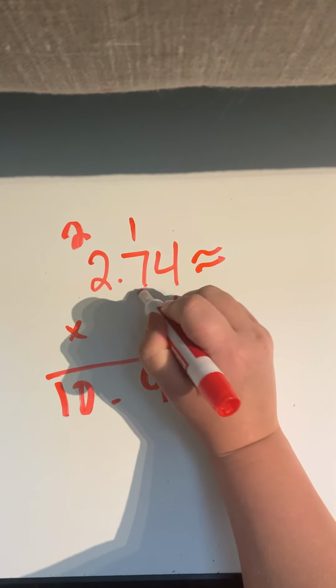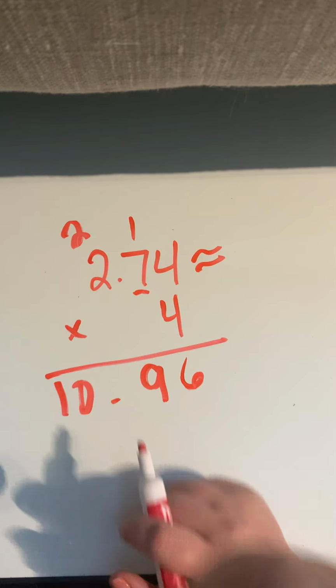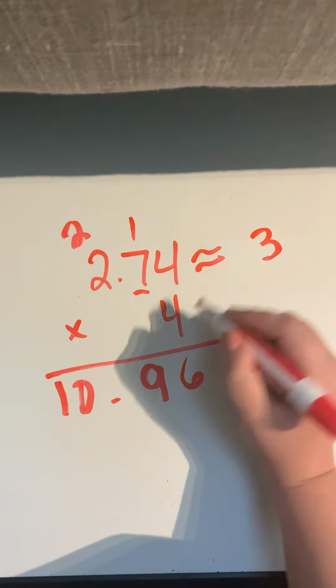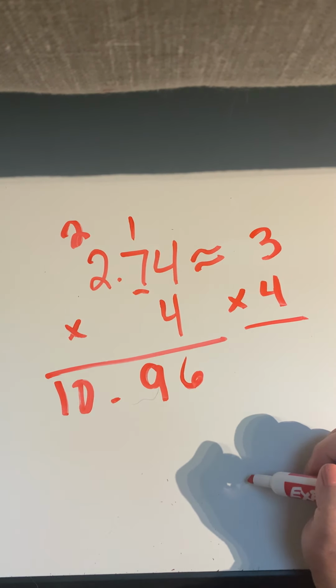So this decimal, I'm going to look here. Is that 5 or more? Yeah, raise the score. So I'm going to add 1 here. So I'm going to make that a 3. And that's already 4, so I'm going to keep it the same. 3 times 4 is